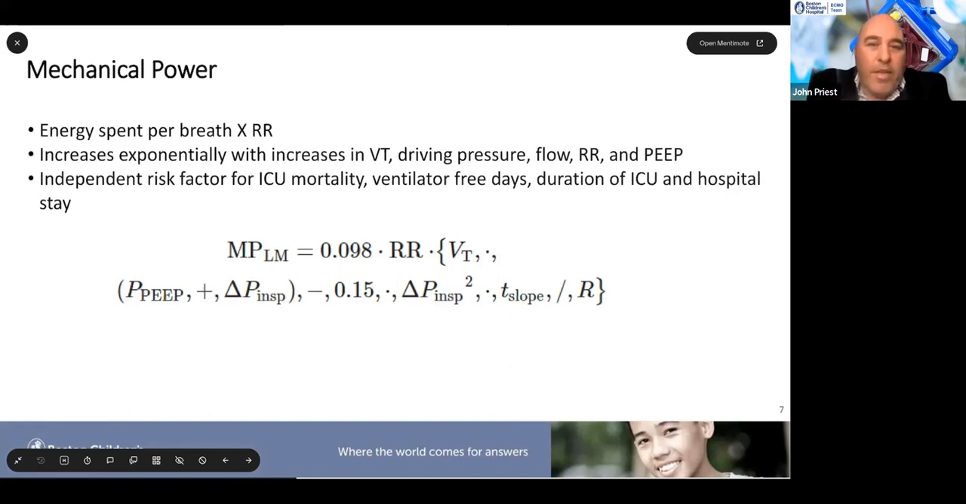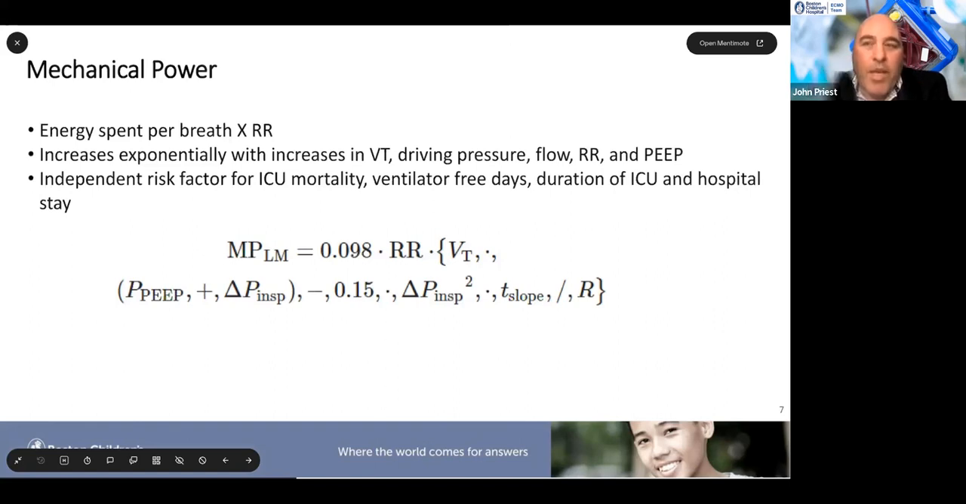So this is the very complicated equation here, but if you break it down to simplest terms, respiratory rate, we control that directly. Tidal volume, again, we can control that directly, whether you're in pressure control or volume control. And then you got PEEP and delta P. Again, PEEP, we can control that directly. Delta P, whether you're in volume control or pressure control, we can control that. So all these things go into controlling mechanical power, and in the end, hopefully decreasing your ICU mortality and